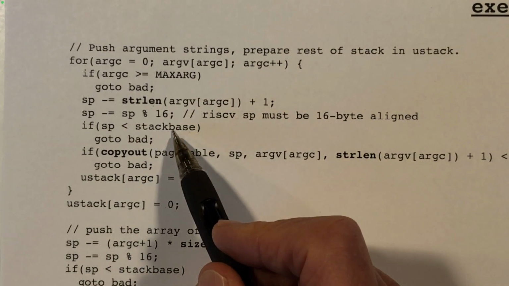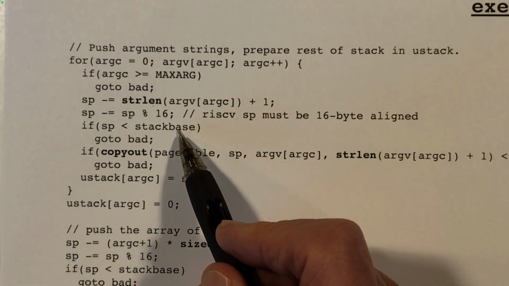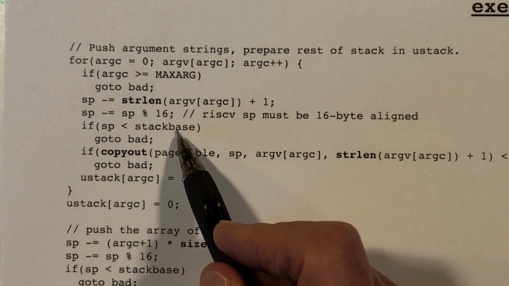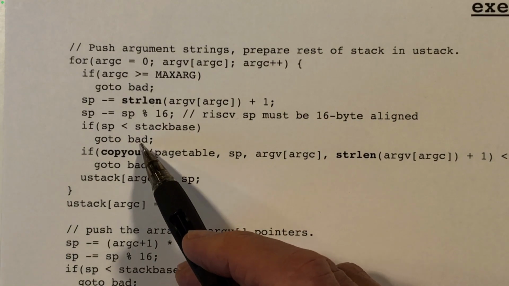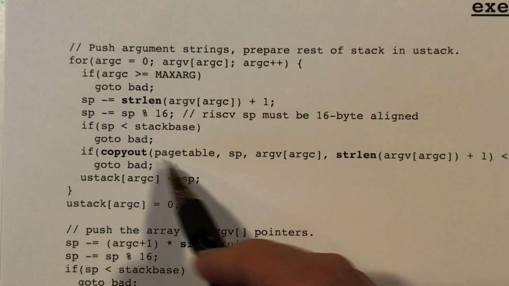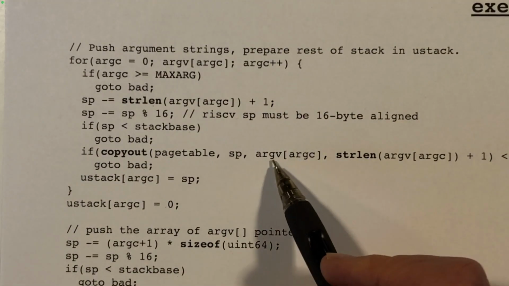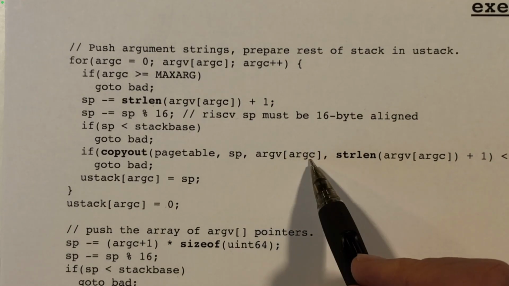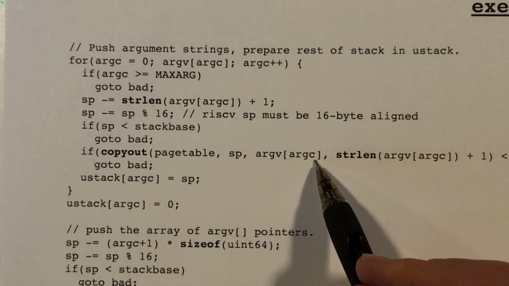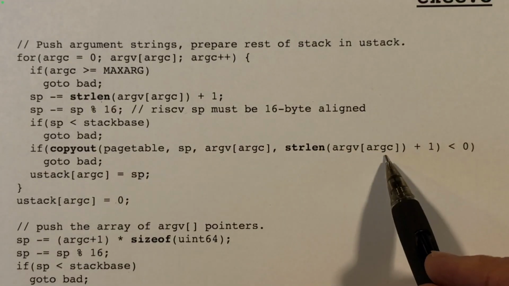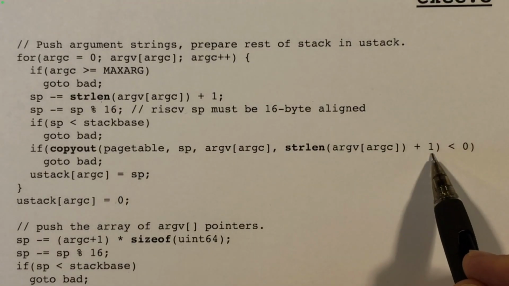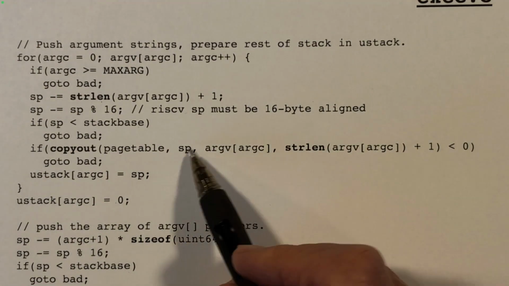And then we check to make sure that we haven't overflowed the stack by looking at the stack base value, and go to bad if that's the case. And then we are ready to copy from the string. Okay, here is a pointer to the string sitting in its page by itself. Here's the length of the string plus the null byte, and we're going to copy it to where the stack